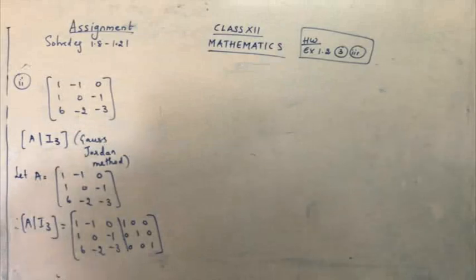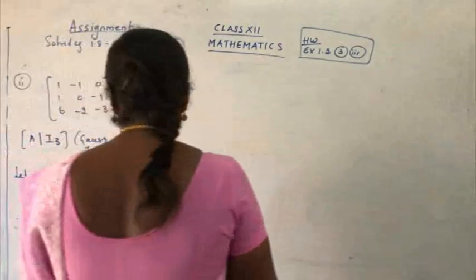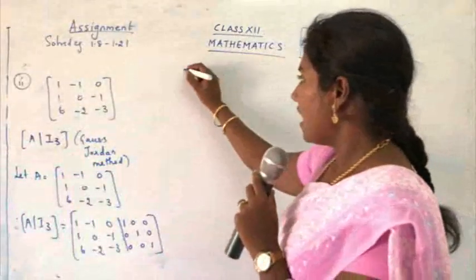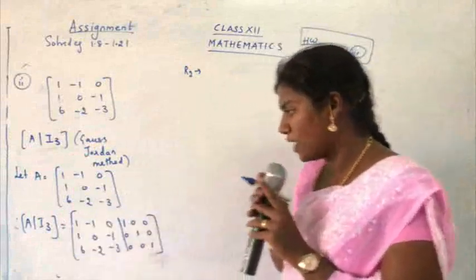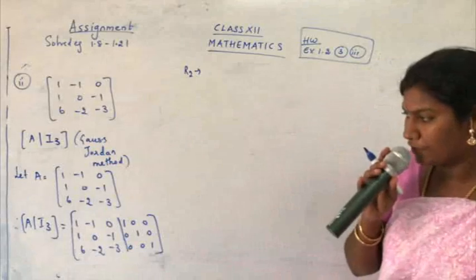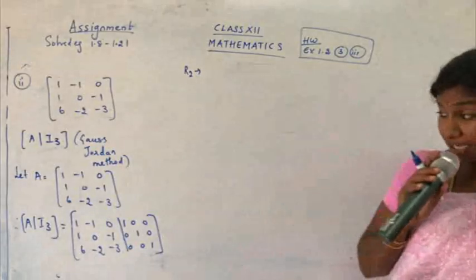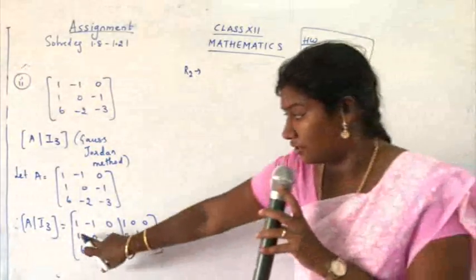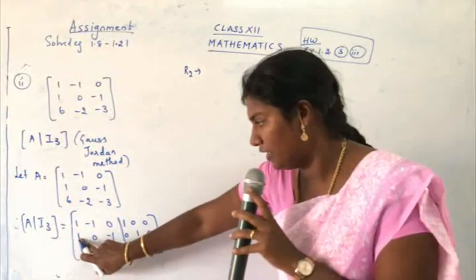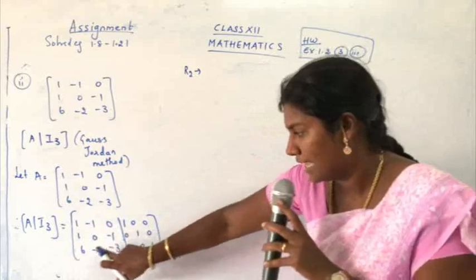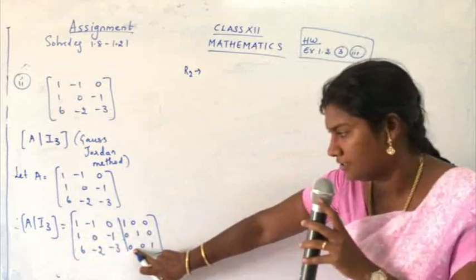So what changes are we going to do here? What row transformation are we going to do? See here, R2 is going to be changed. I am not going to change R1 because we already have 1 in R1. Yes, the first element of R1 is 1, so no need to do any changes. Just see for the second row, first element, it's 1 here. What do we need here? We need 0. And what do we need here? Again we need 0.